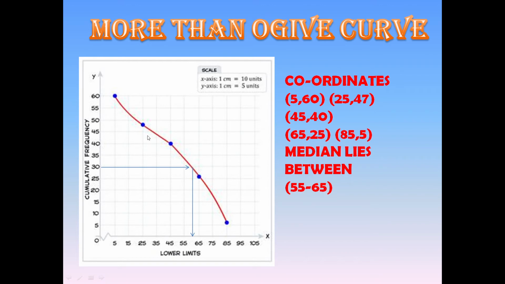Now when we plot the points on the graph, we can smoothly join all these points which are plotted in the graph like this. Our curve should be a smooth freehand curve, not drawn with a scale. Don't use a scale for joining the points, that is not correct, because it's not a straight line, it is a curve. So children, the more than cumulative frequency curve should go from up to down, and the less than cumulative frequency curve goes from down to up. You can understand the curves. Okay, now the next one we are going to see.